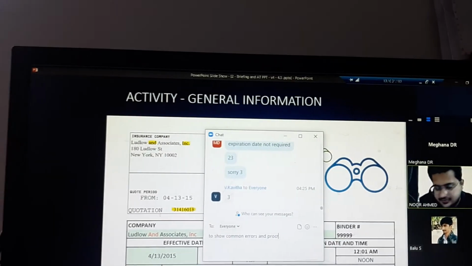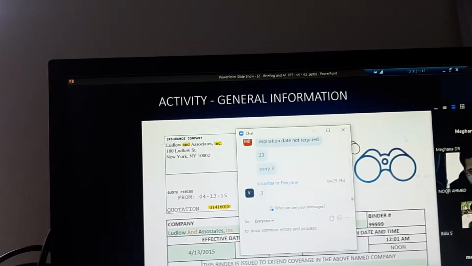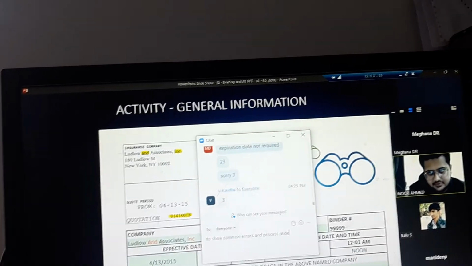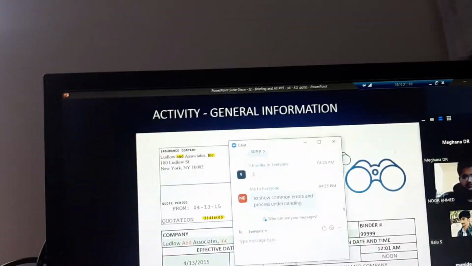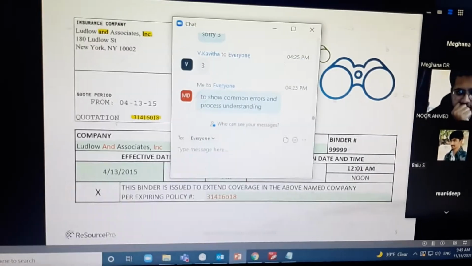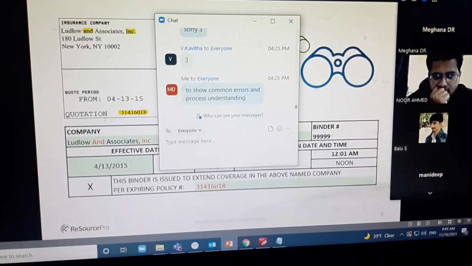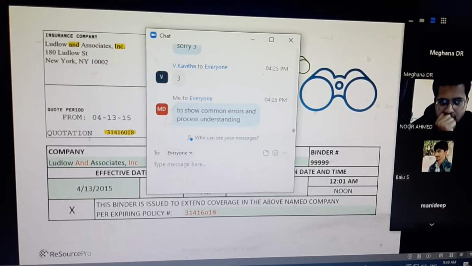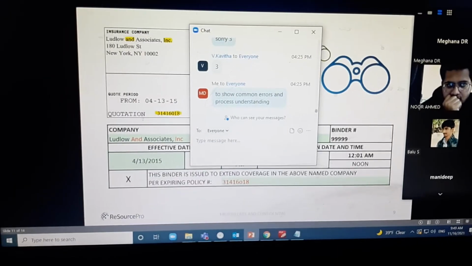Guys, from my end, all of you are correct. But as you can see, these are very minute errors. Yes or no? Missing a full stop, missing a comma, everything. These are very minute errors, but in today's assessment they are going to be considered major errors. These are the common errors a candidate will make while taking the assessment, so we just want to give you a heads up. Please don't make these sorts of errors in your assessment. Please be very careful and mindful while you are taking it.